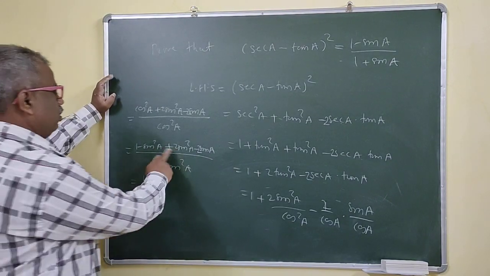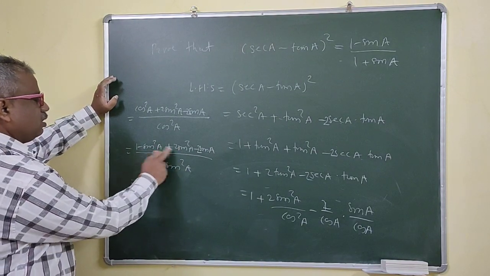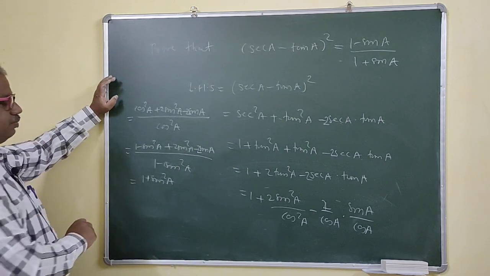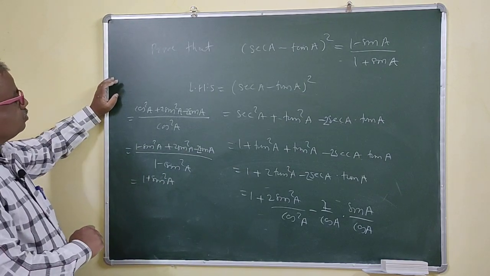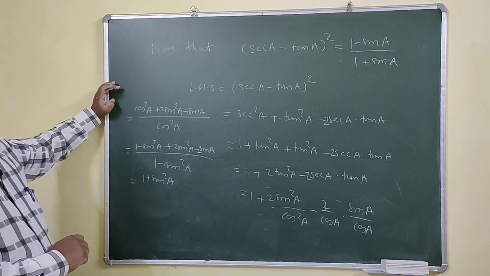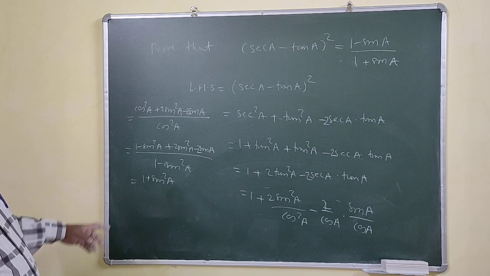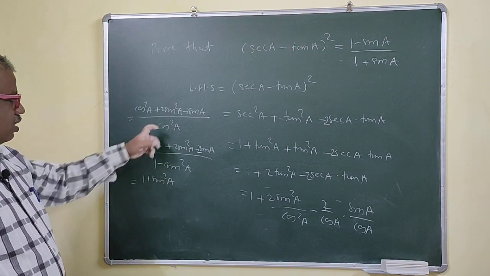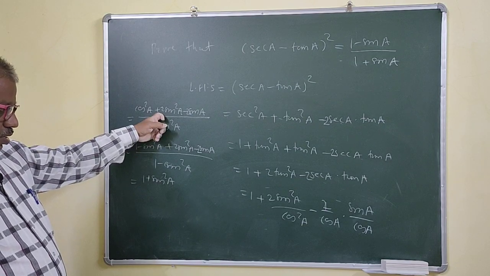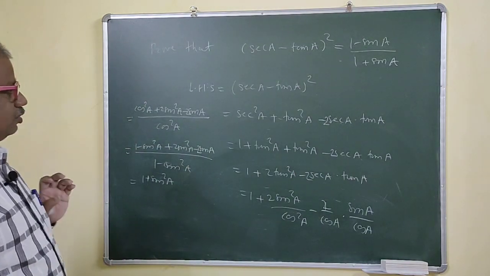Now the problem now. What is this then? 1 minus sin square A. This is what? 1 minus sin square A. 1 plus sin square A. Right? Cos square is nothing but 1 minus sin square A. This is what? 2 sin square A. Right? How you got this? What? 2 tan square A, 2 tan square A. This is what? This. Right?